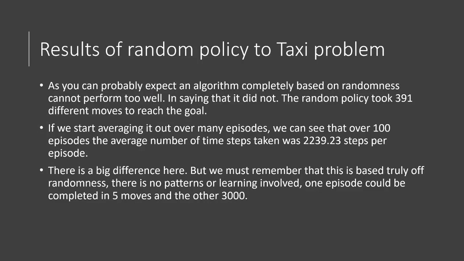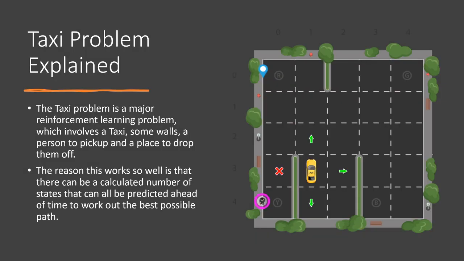So for the results of the random policy that I implemented on the taxi problem, as you can probably expect, an algorithm that's completely random cannot perform too well. In saying that, it actually did not perform well at all. The random policy took 391 different moves to reach the goal. The goal is to pick up the person and drop them off without touching any of the poles,